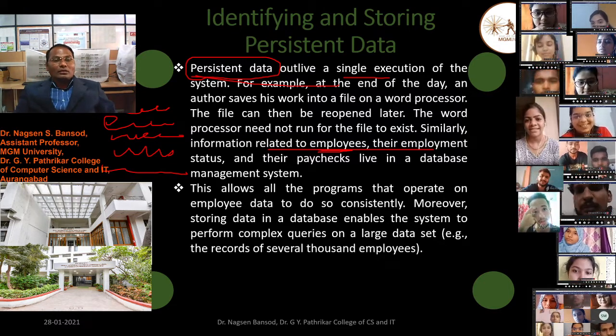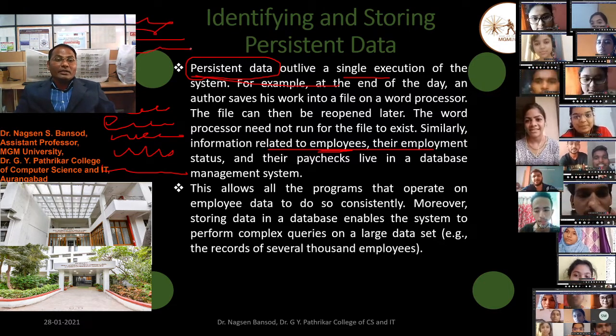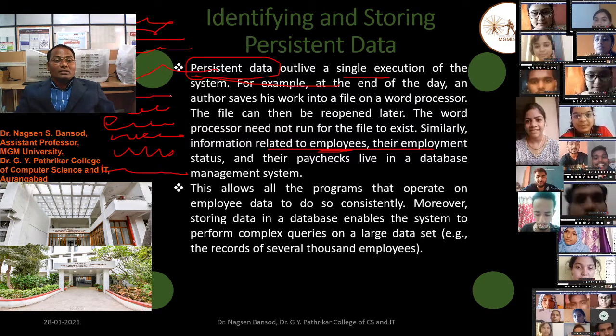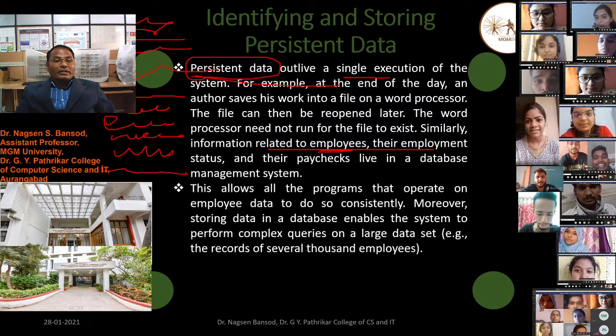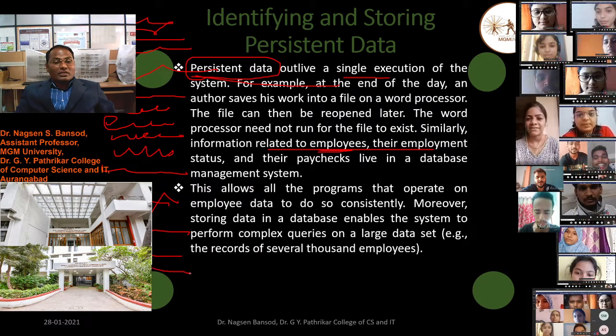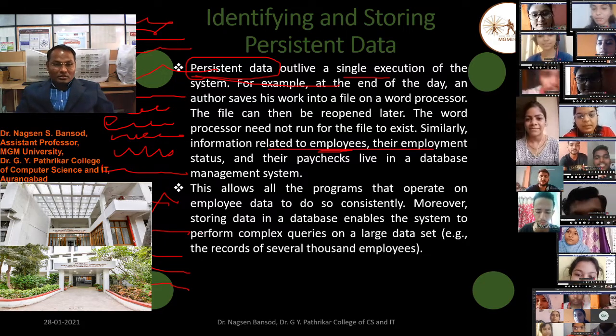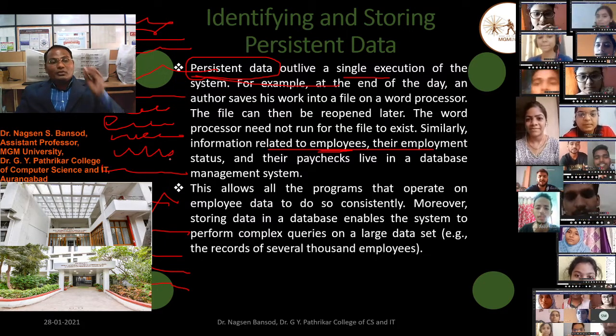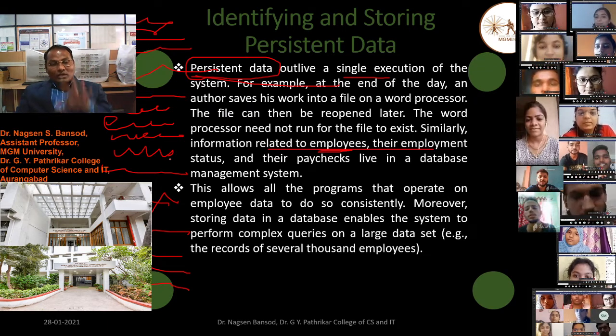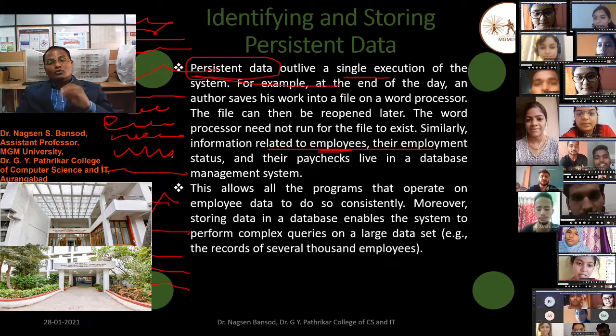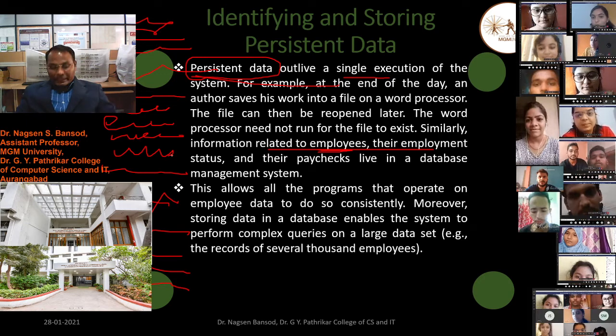Suppose we have thousands of employees, their name, address, phone number, age, all those records are persistent data which we require day by day, their payment, their whole information. Thousands of records we can store in the database. We require a database to store the persistent data.